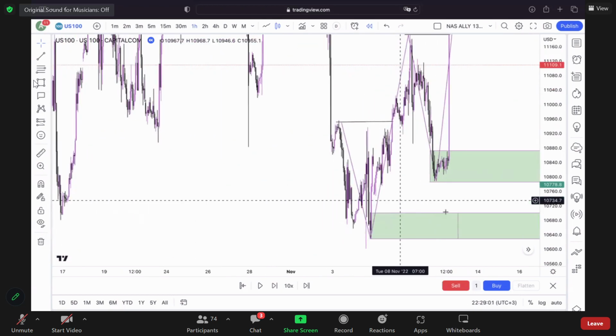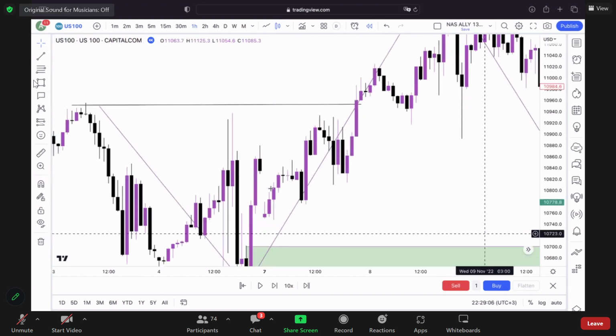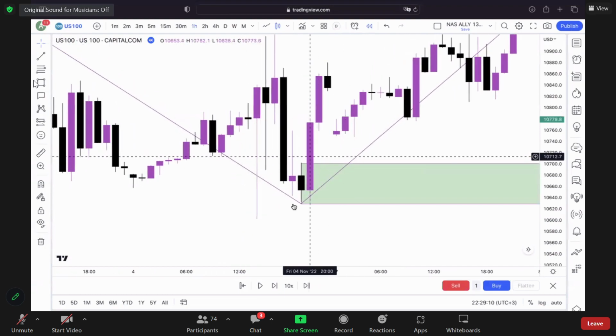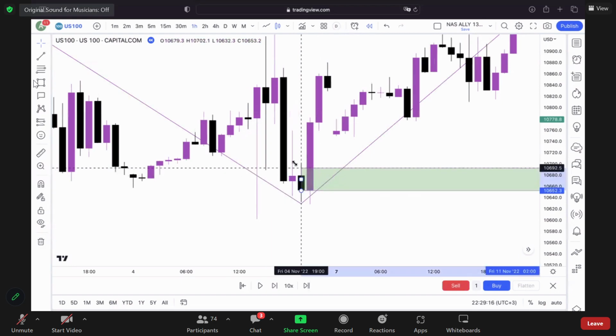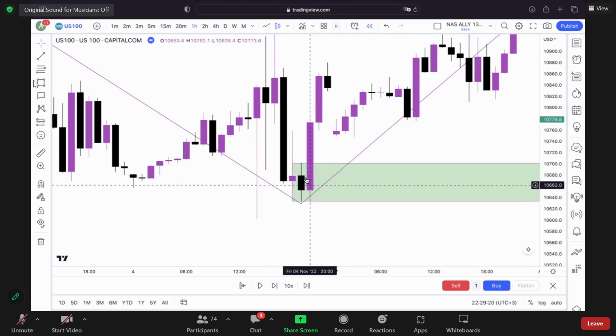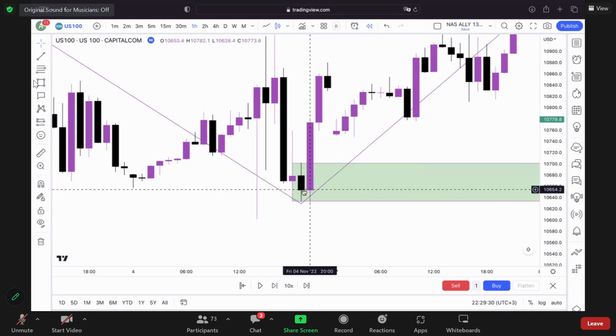Okay, if we look at this order block over here. Now, some people like to just look at the body like this. Personally, I like to highlight the whole thing with the wick, because within the wick, on a smaller time frame, there can be bodies. So there are orders sitting in that wick, although the strong orders are sitting in the middle